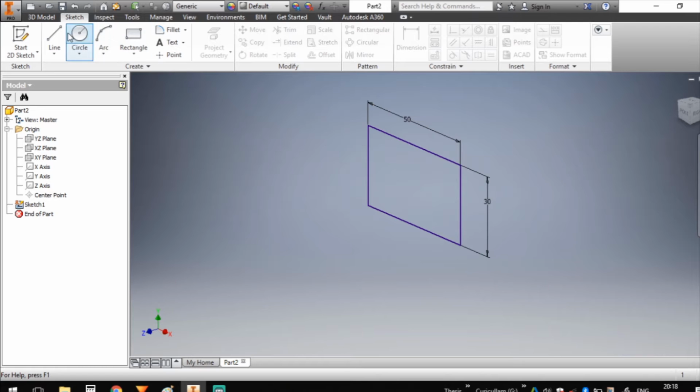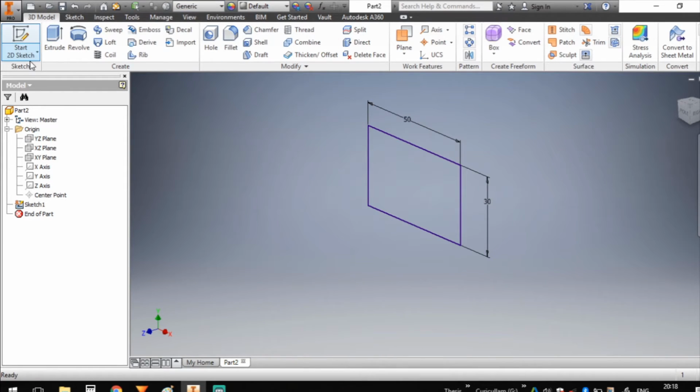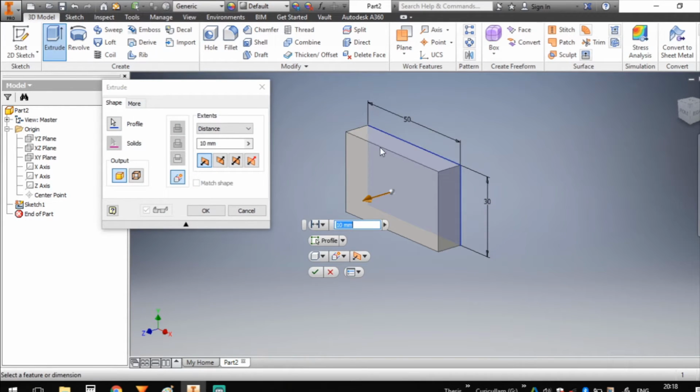Now to create a part, we have different tools like extrude, revolve, sweep, loft. Today we will see the extrude tool. So click on extrude. Here is the profile, which was already selected. We need to give the depth or height.